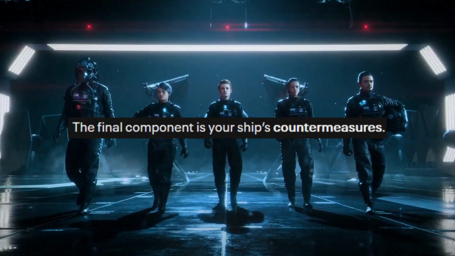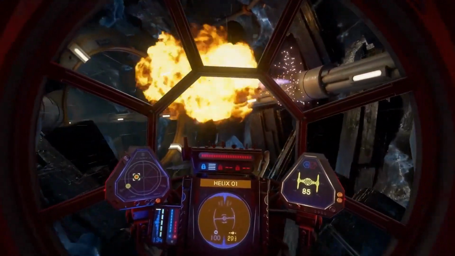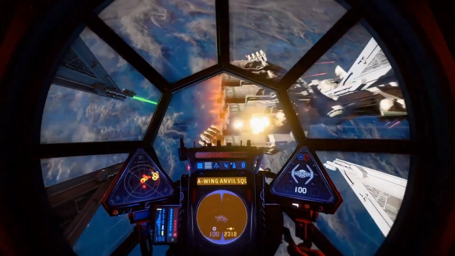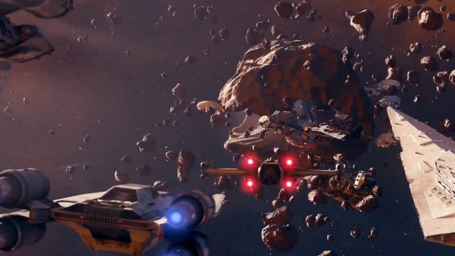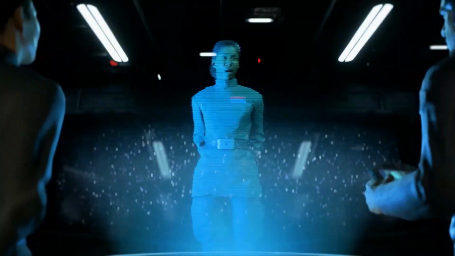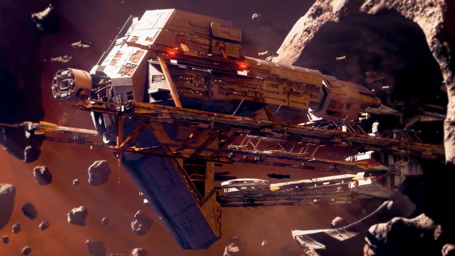The final component is your ship's countermeasures, and those impact how you disengage from fights and how you basically defend yourself and stay in the fight for longer. Some examples are seeker warheads that your ship fires behind you to take out incoming missiles, sort of like flares, or a sensor jammer to prevent missiles from being able to lock on, and these are described as the last-ditch